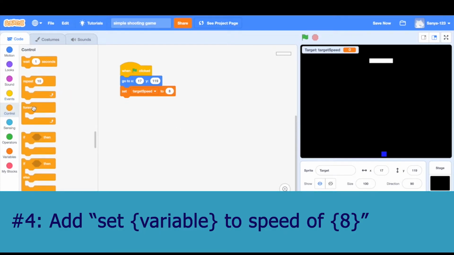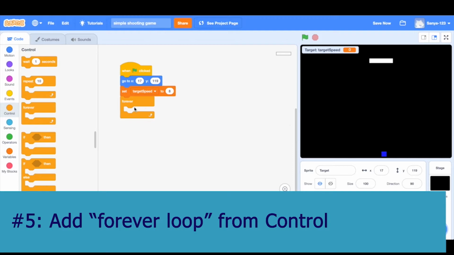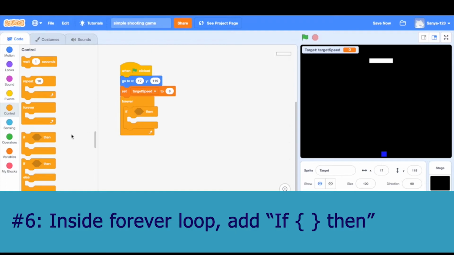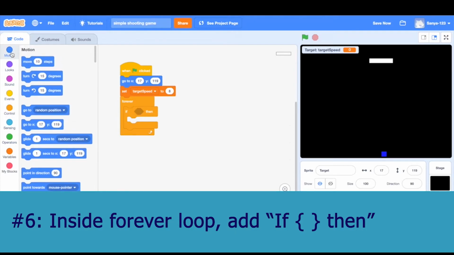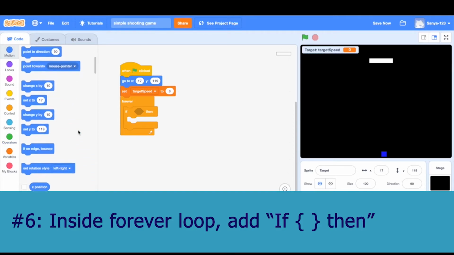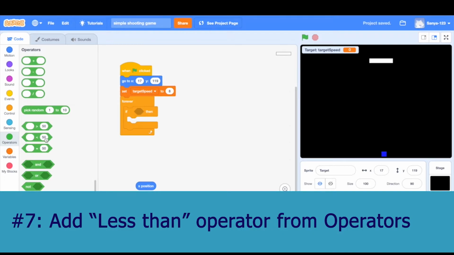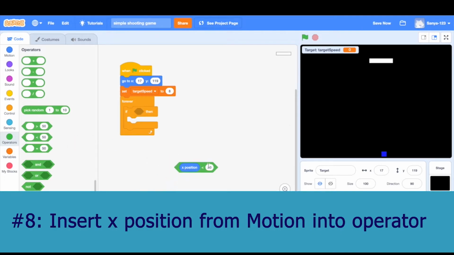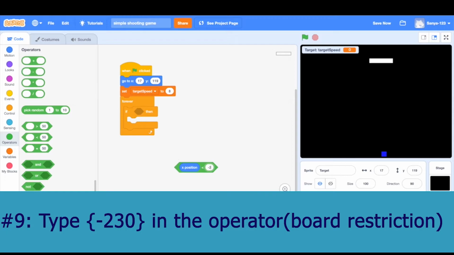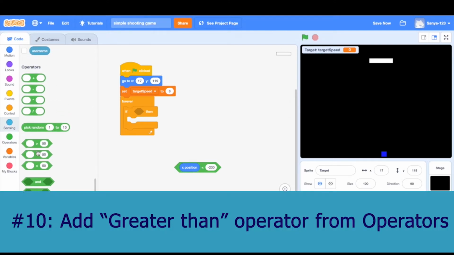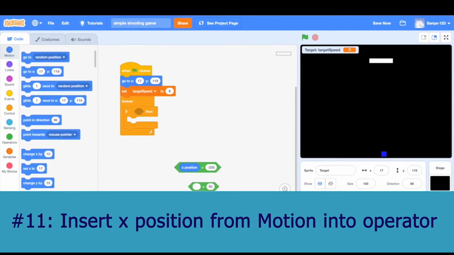But it could also be changed, so it doesn't have to always be 8. And now I'm going to say forever if the X location was ever out of bounds. So if it was ever at the ends and went out of the board, I want to multiply it by -1. So if X position is less than -230, which is the end of the board, or if the X position is greater than 230,